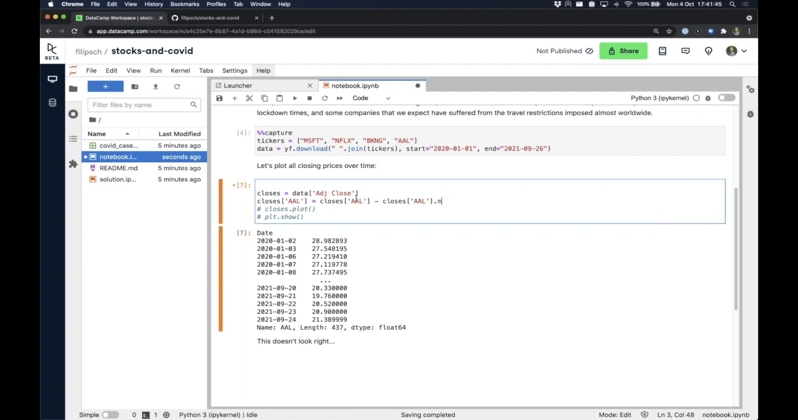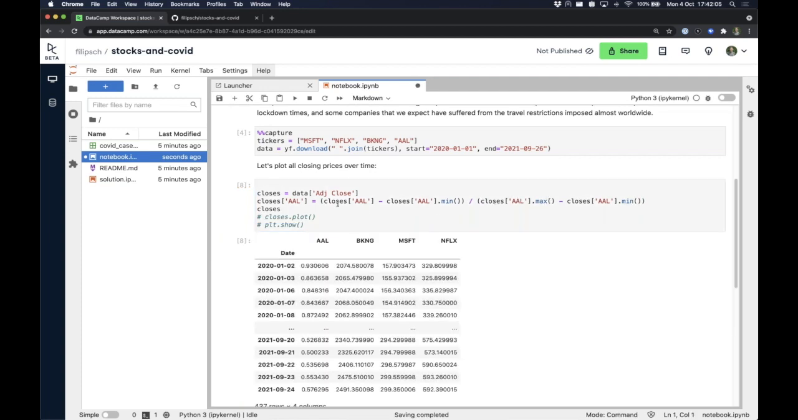This is like a standard normalization. And then we divide that by the maximum minus the minimum. So the maximum minus closes AAL, not ALL, minus the minimum. All right. So if we now plot closes, closes AAL at least,